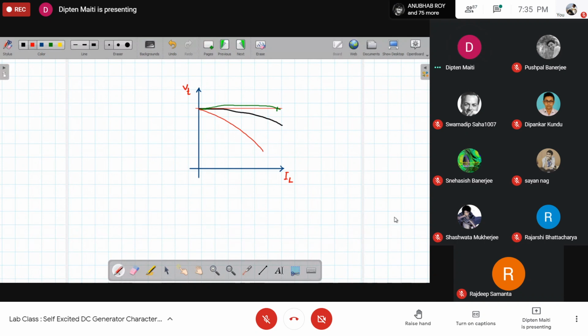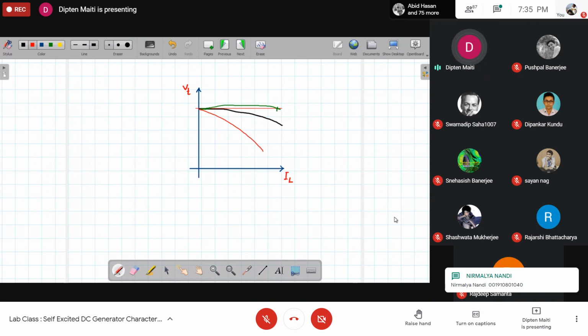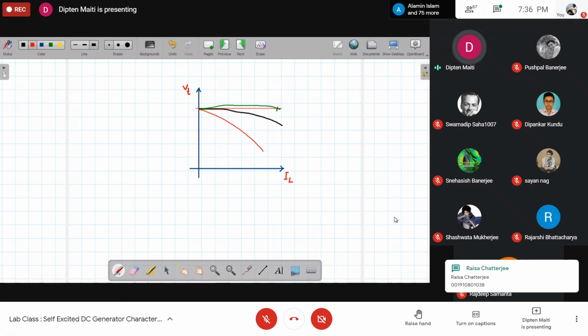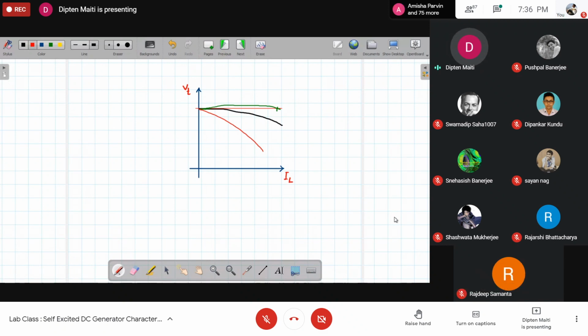Actually, that happens. Fortunately or unfortunately, because the lab class remains a time-bound session, we need to somehow start the lab. That's why usually those are taken care of by the faculty or the technicians. If you want to study, you can do that. However, of course, that is not possible right now, but you can do that anytime. You find whether the voltage is building up, and if it is not building up, you are fortunate, you can try out several things.